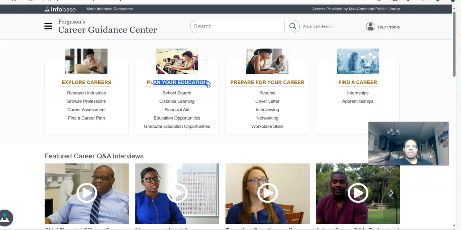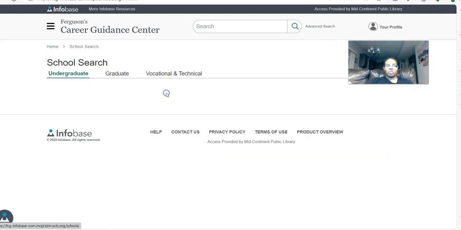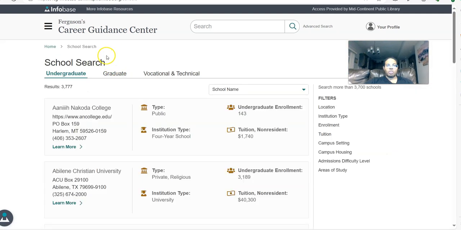Planning your education can be useful, but that's not going to be the focus today. I did use this at different times, however, and so yes, when you're trying to find the right school, financial aid, education opportunities, that sort of thing, distance learning, these can be useful. And on second thought, we might as well go into the school search really quick, because there can be useful information here as well. So when you go into the school search, you do have about close to 4,000 results,